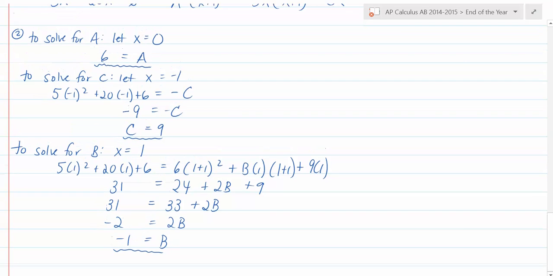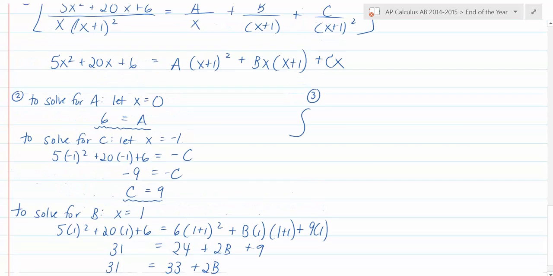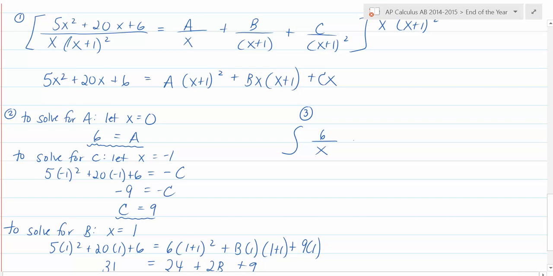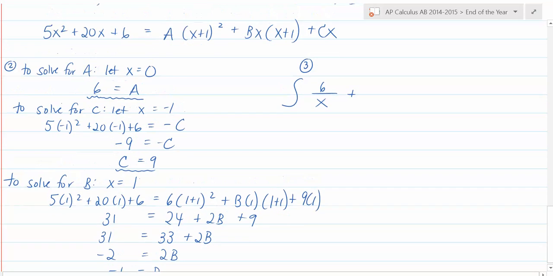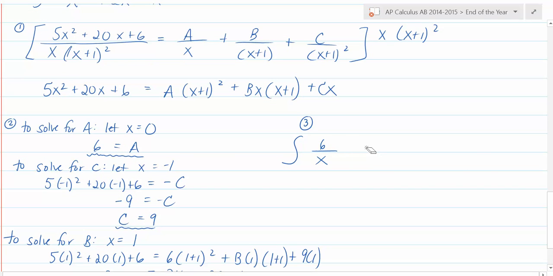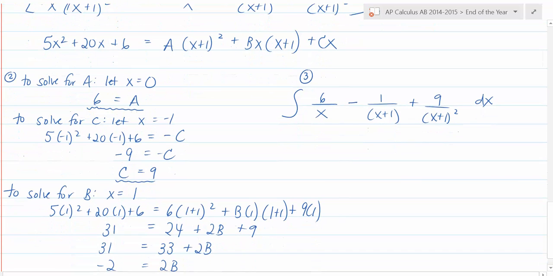Okay, so now I can rewrite everything, and I can actually integrate it. So it's going to be the integral. A was 6, so if I go back to my original one, it'd be 6 over x. B we said was negative 1, so it's going to be minus 1 over x plus 1. And then C was 9, over x plus 1 squared. And now I can go ahead and integrate this. So it's going to be equal to